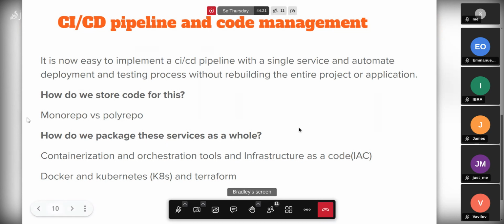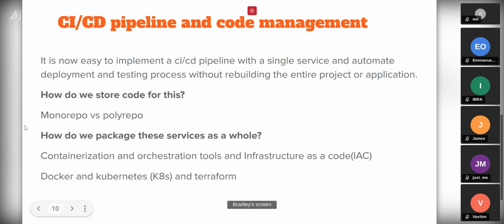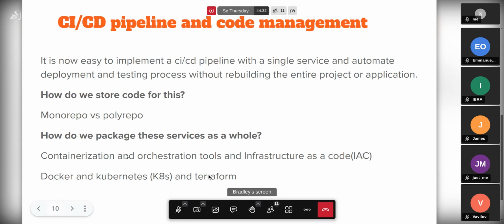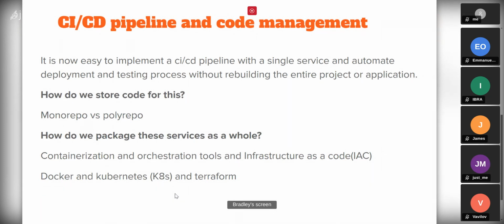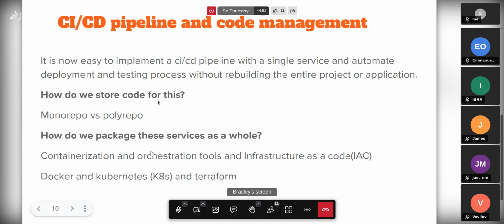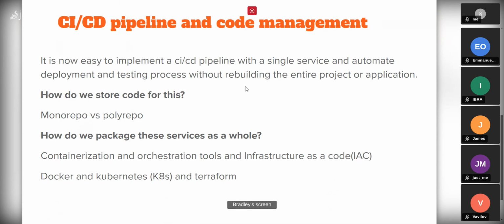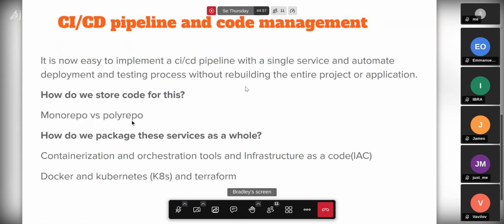Okay. So for packaging these services, the best and most efficient way is to containerize your microservices with a service like Docker. And you also need orchestration tools when you have a lot of microservices, to maintain the health and the life cycle of the microservices. What if one dies? What if you need to scale it? And there is also infrastructure as code. Those are tools like Terraform from HashiCorp. These are the tools that you should really take a look at.